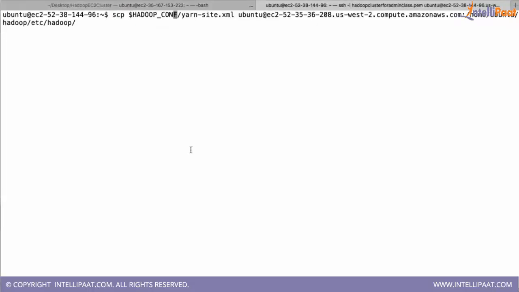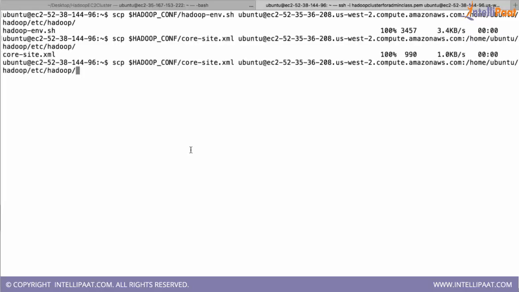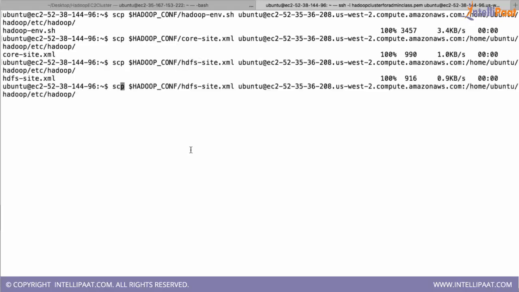First I will copy the hadoop-env file, and then core-site.xml, then hdfs-site.xml, and then yarn-site.xml.